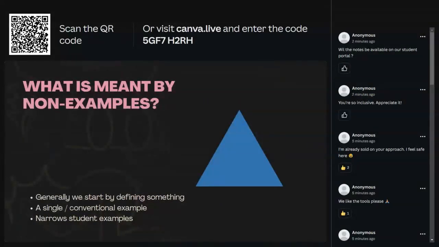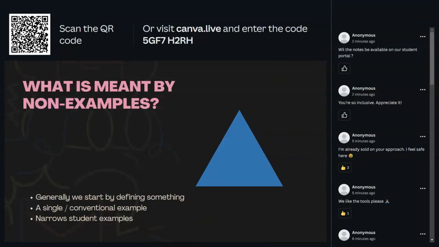So let's dive into what a non-example is. Now, generally, as an educator over the past decade, when I start teaching something, or I think for all of us, when we start writing an essay with a new term or concept, the first approach that we take is to define that concept so that you can make the reader understand what you are writing about. And you reference that definition, as is asked of us to do academically.